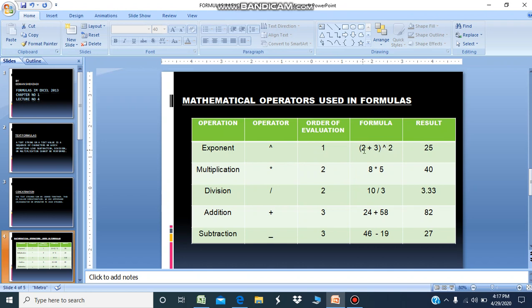You can see 3 plus 2 is 5, and its power 2, the result is 25. Multiplication and division have equal importance, whichever appears in the formula first will be carried out first, from left to right. Again, addition and subtraction have equal importance, whichever appears first from left to right will be carried out first.